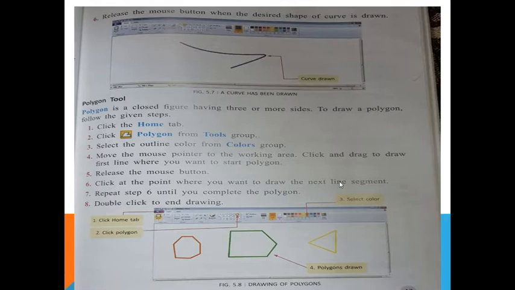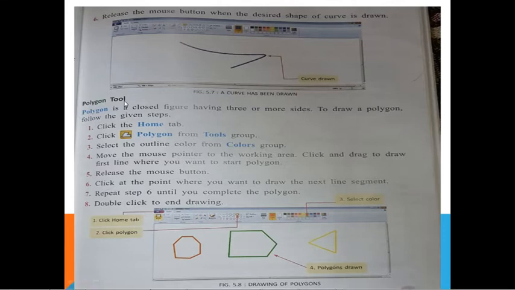See, here is the working area, where you want to do some drawing. Okay, so you already took the curve line, so just hold the mouse in your hand and try to draw which shape you want, then release the mouse, and you will get the correct shape. Okay, see here, the polygon tool also.